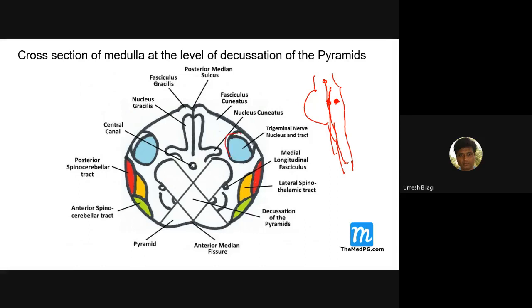You are seeing it is posterolateral, it is seen here. And in the posterior aspect, you are seeing this part here. Medially, what is this? Fasciculus gracilis and fasciculus cuneatus, and their nuclei, nucleus gracilis and nucleus cuneatus, they are here. This part. And at the level of pyramids, they are still on the same side. They are not crossed. Now when you read these sensory nerves, you should call them ascending fibers.